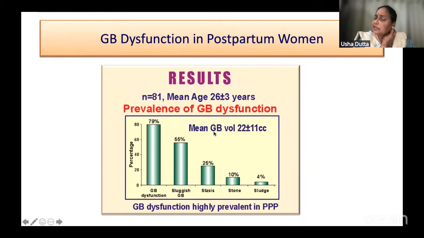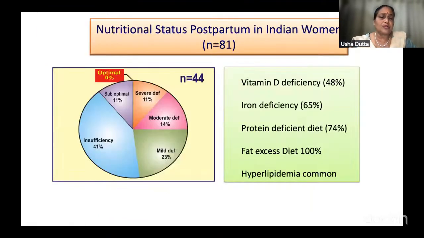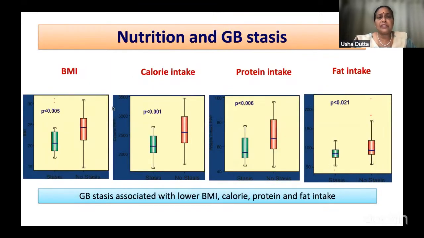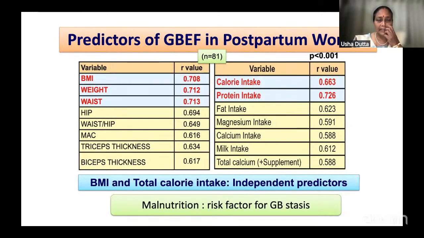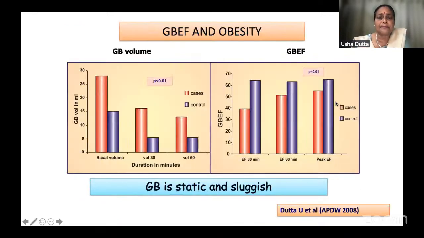And in India, with age at first pregnancy being low as well as high parity, it is not surprising that we have so many gallstones. And we found that malnutrition is a risk factor for poor gallbladder function. So it is not just the obesity, but it's also the poor nutrition and less protein intake, which is an important determinant of gallbladder function. So this is on multivariate analysis showing that protein intake is a dominant thing. You can see an R value of 0.726.